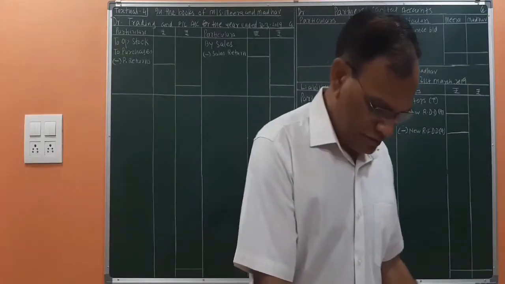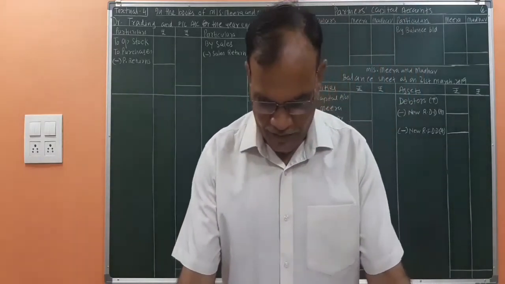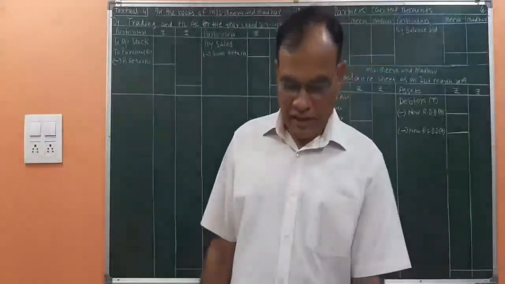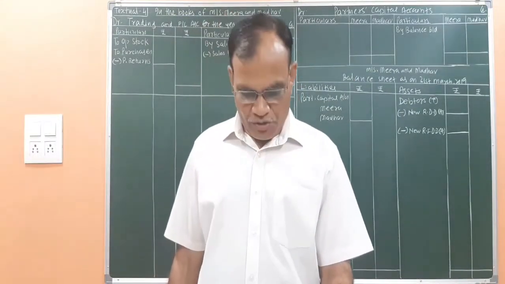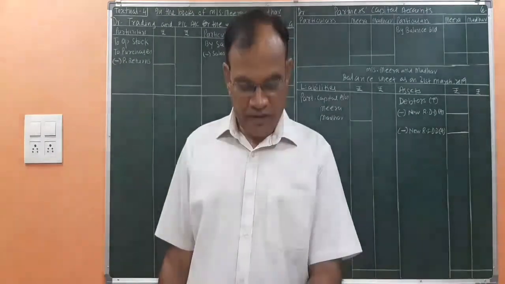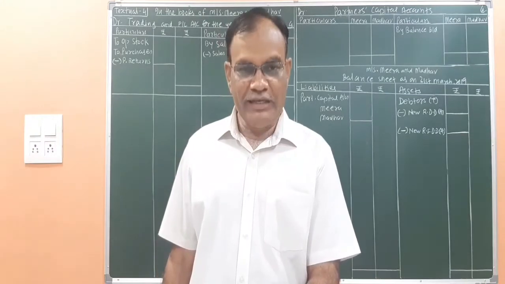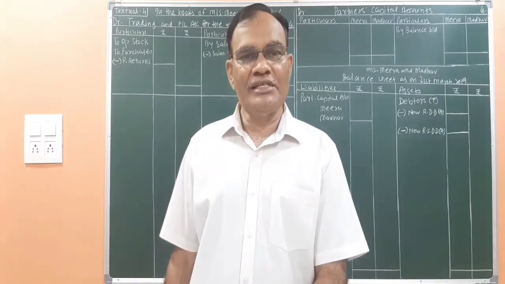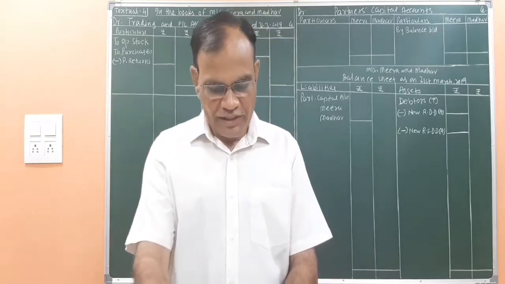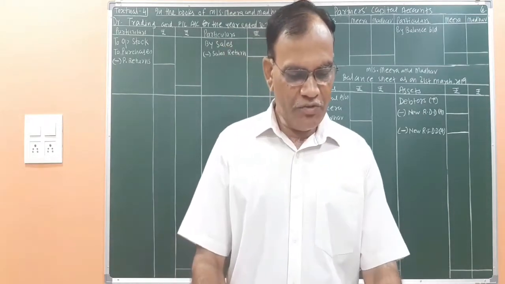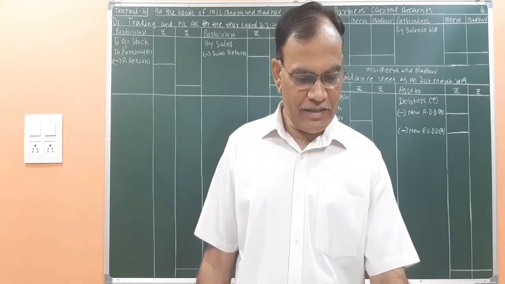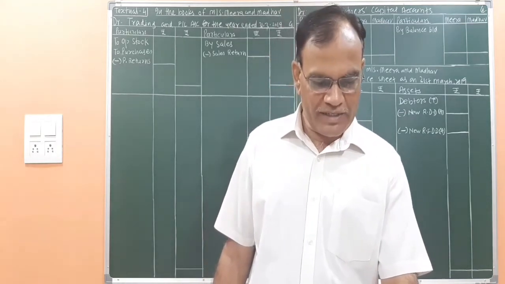Opening stock 25,000, that is trading account debit side. Debtors 80,500, that is also asset side in the formula. Bills receivable is asset. Purchase, trading account debit side. Returns here means sales return, so minus from sales. Carriage inward, so trading account debit side. Carriage outward, profit and loss debit side. Motor vehicle is asset. General expense, profit and loss debit side.